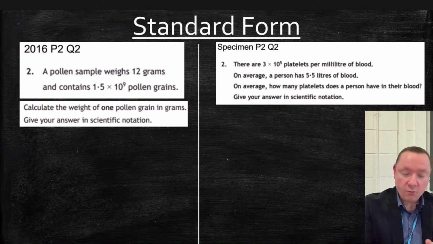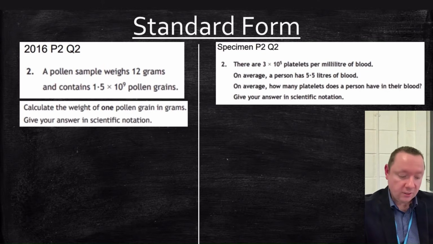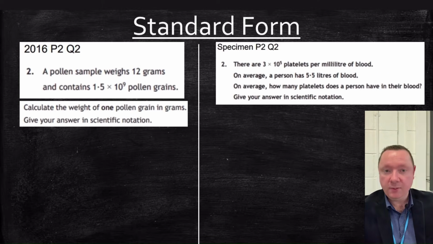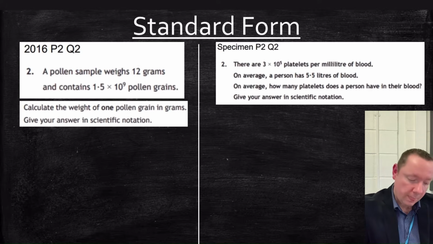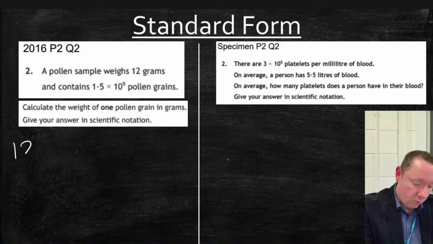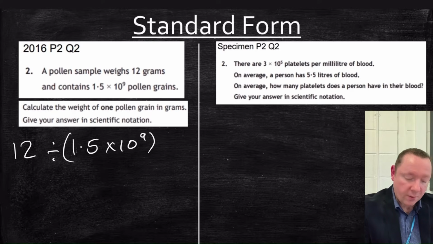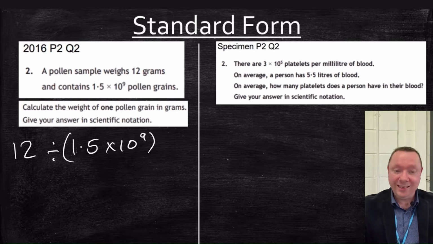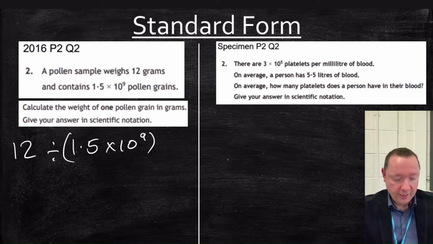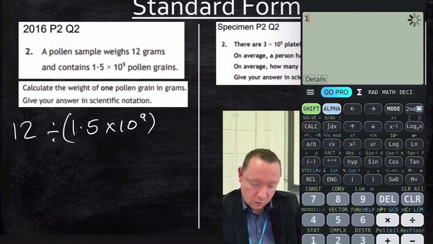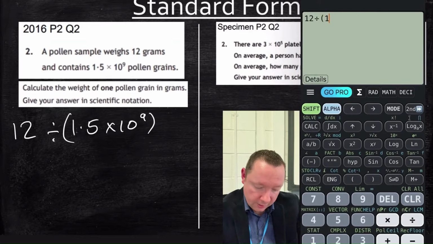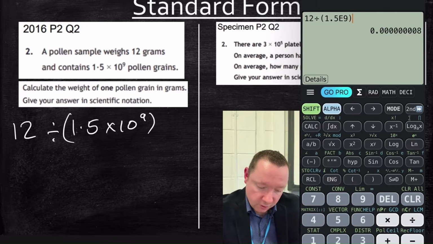So it's asking for the weight of one of the things. So I need to divide by 1.5 times 10 to the 9 to find one of them. So the sum I'm going to do is 12 divided by 1.5 times 10 to the 9. And I'll put that in brackets to remind myself that when I get my calculator out, I'll need to use brackets around it. So that's 12 divided by 1.5 times 10 to the power of 9. That gives me